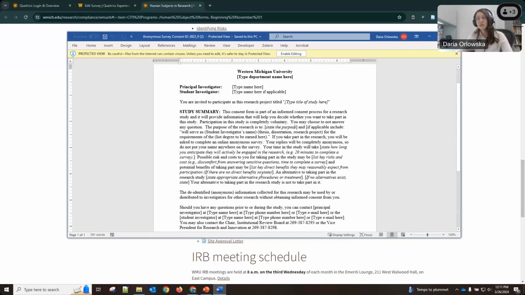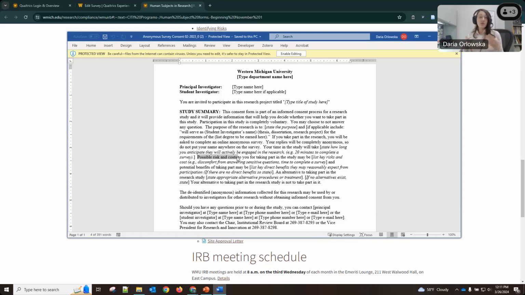Just a few notes about this consent form. One, we make sure that we keep this format even if we're putting it into Qualtrics. So the structure is there for legibility, so make sure that you keep the spaces where they are. The thing that tends to trip people up is this risks and costs. So just a quick overview, risks are anything that put participants at risk. That can be risk of de-identification.